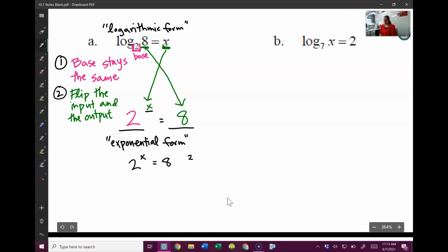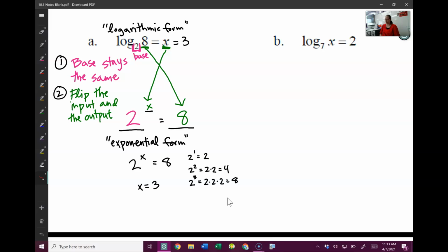So then I can start to think, well, 2 to the first power is 2. 2 squared is 2 times 2, which is going to be 4. 2 cubed is 2 times 2 times 2, which is going to be 8. So that x right there is going to be 3, because 2 cubed is 8. Which means I can go back up here and say log base 2 of 8 equals 3. I can now figure that out because it's much easier to figure it out in exponential form than it is